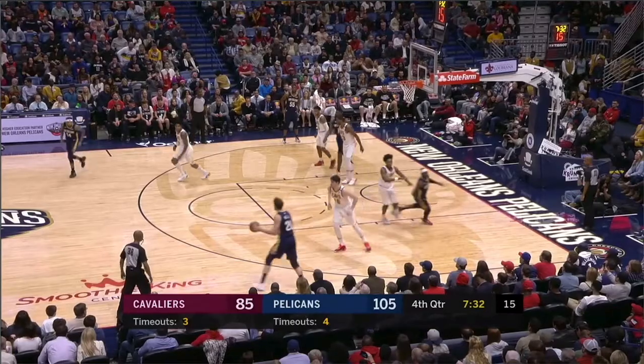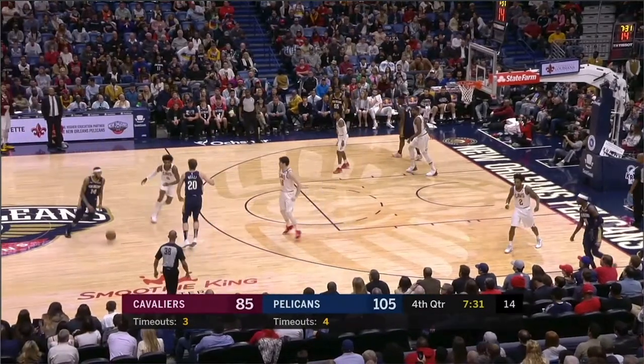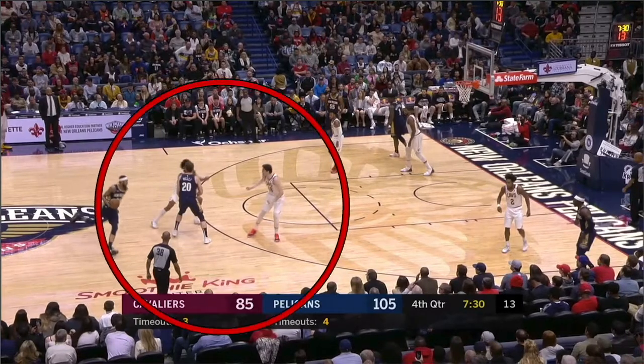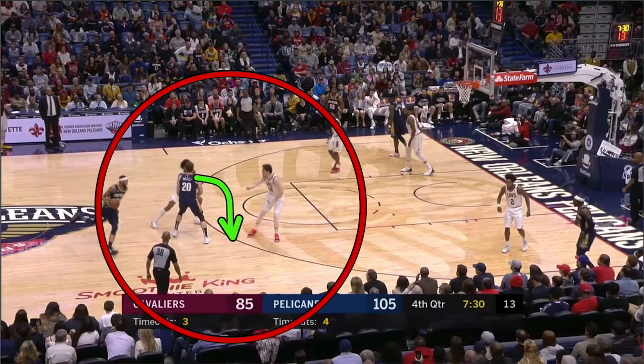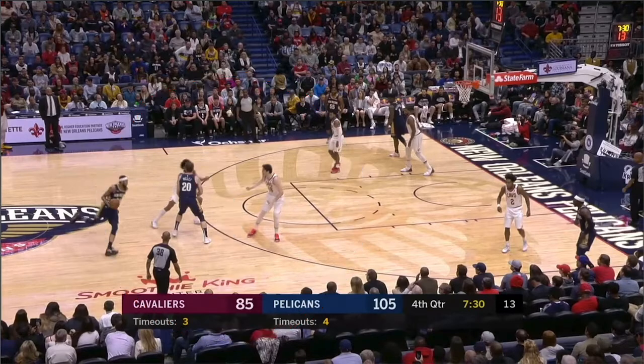All right, we're looking at a defensive clip here. So I don't really understand why you'd need to switch this, okay? This player for Cleveland is pretty easily going to be able to go under, and you're not giving up anything. But, okay, this is about communication. If Cedi Osman wants to switch this, he has to say that. You have to say switch, okay? And then, so I don't know, I can't hear.